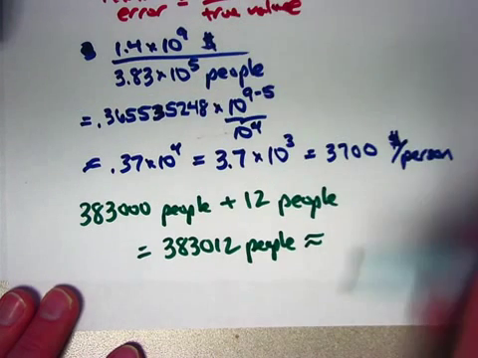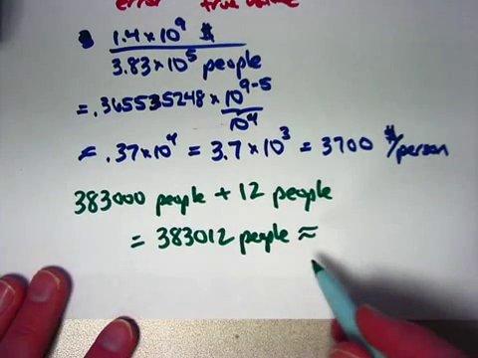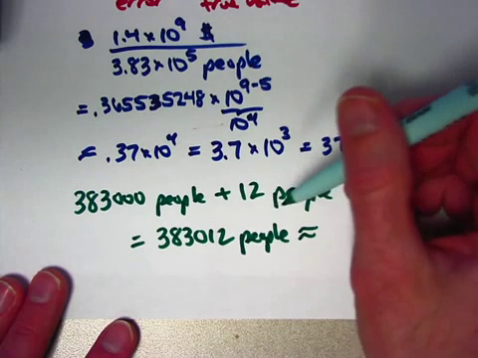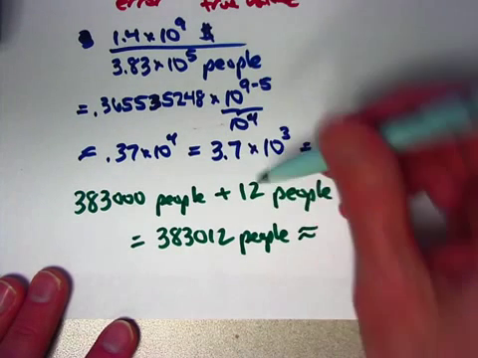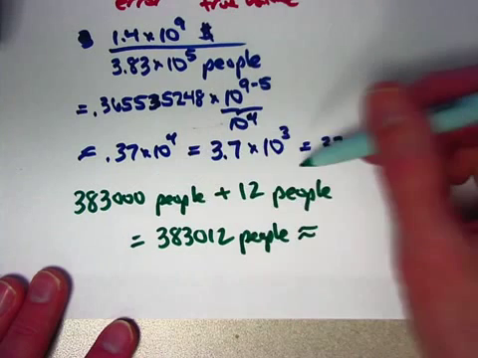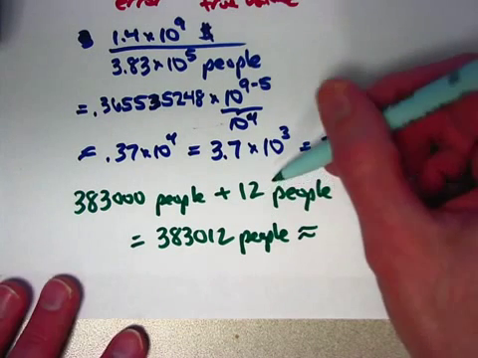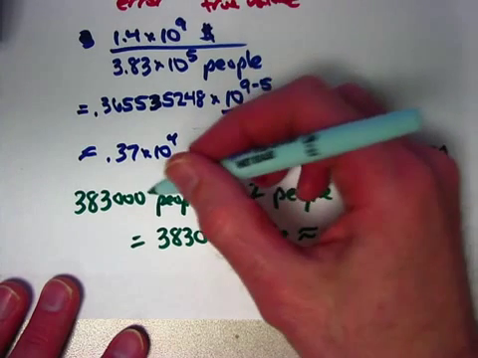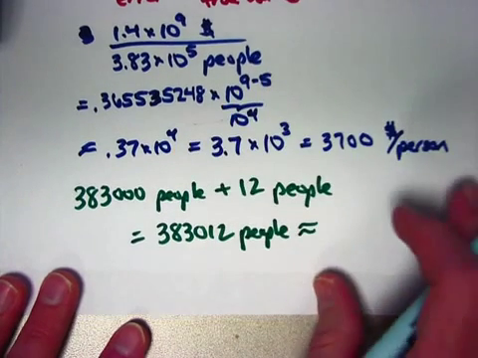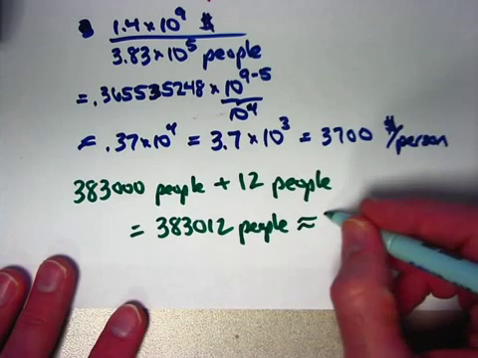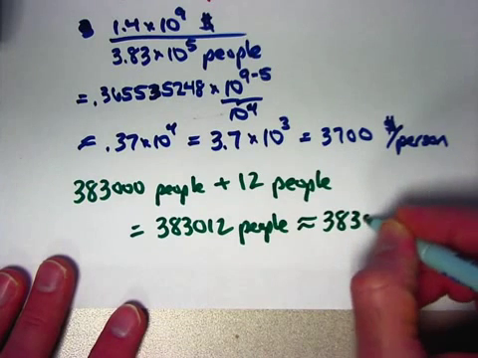Here you want to round to the same precision as the least precise. This one's precise to the nearest 1,000 people. This one's precise to the nearest person. And therefore, you round your answer to the least precise, the nearest 1,000 people, which would be still